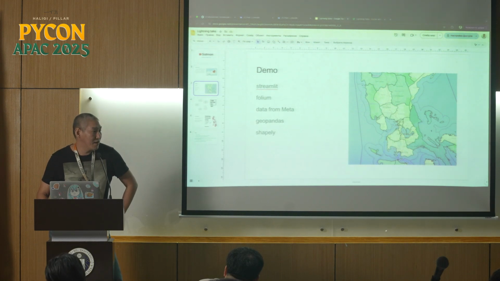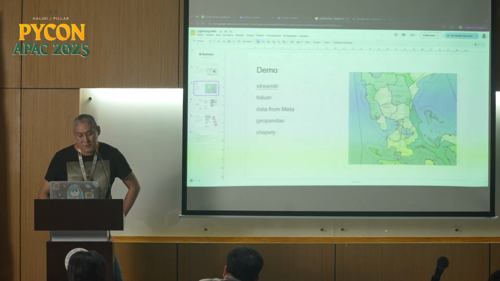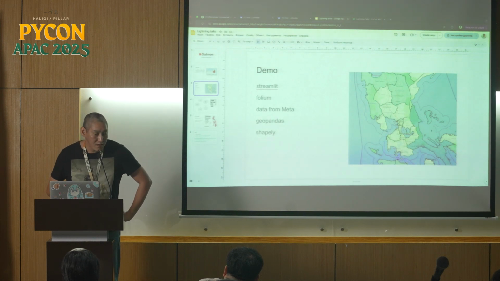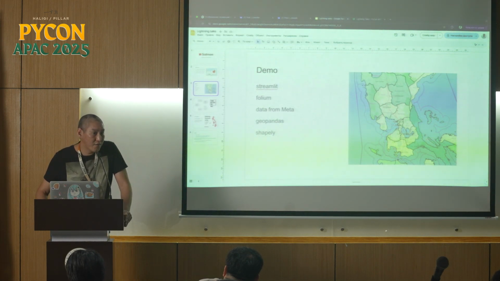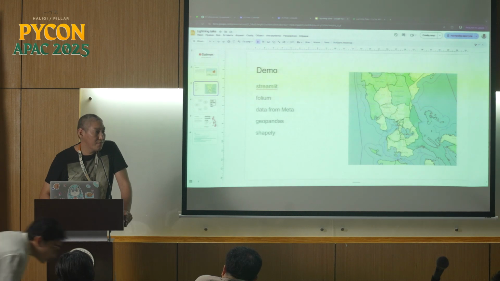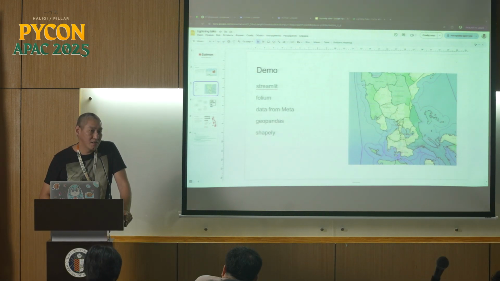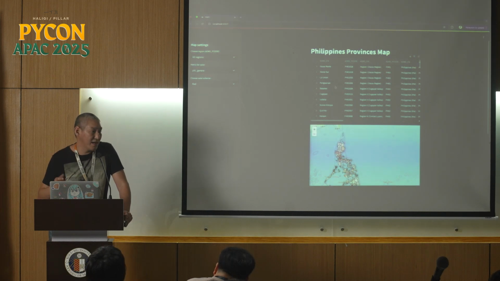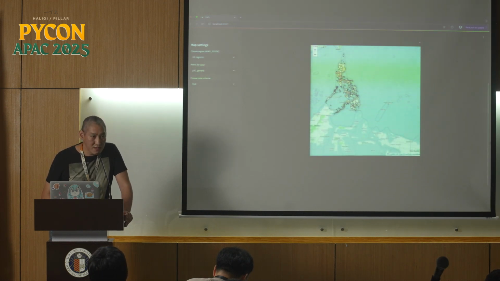I prepared a small demo with Streamlit, Folium, also GeoPandas, Shapely, and here I used data from Meta. It's open source data about population in the Philippines. So it's really high-density data. I prepared it for this, visualized it, and made an interactive map. So we can see here,